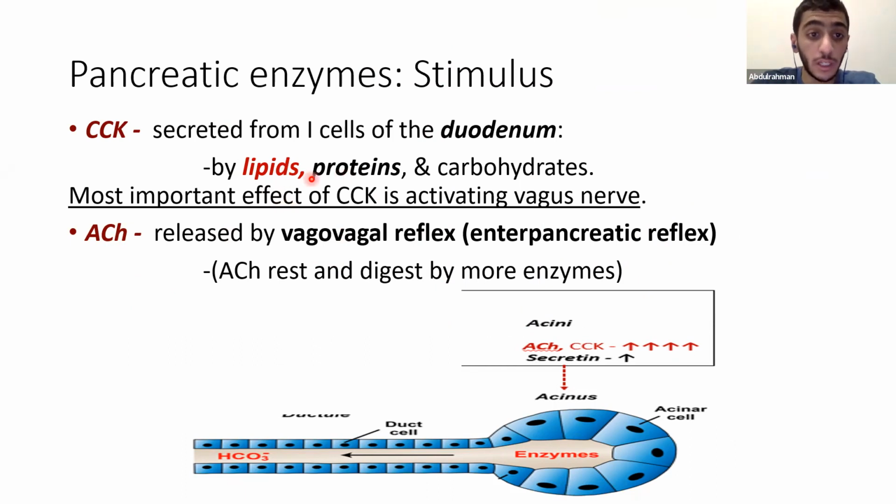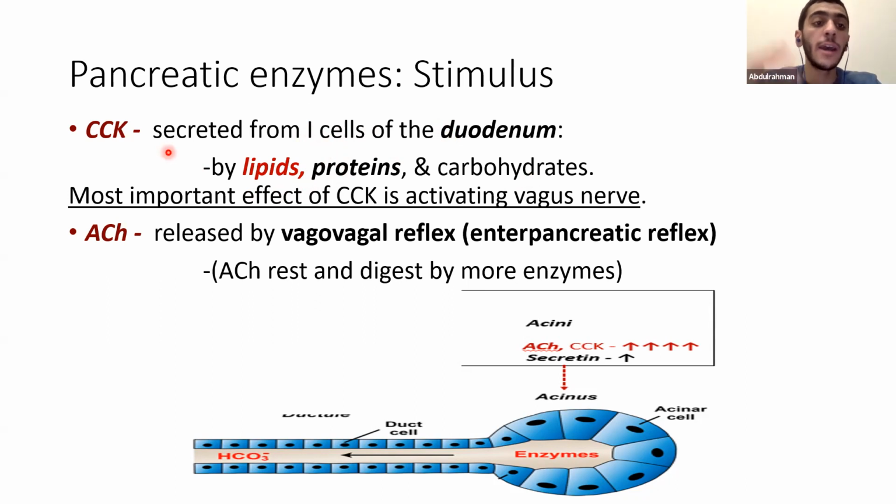Now, this part right here, why is lipids in red? Because the main driver for CCK is lipids, and then a weaker activator is proteins, and carbohydrates is not really that much. What does this mean? It means that when you eat a food that is rich in lipids, or a food that is basically rich in proteins, then this is going to be a major activator for the I cells of the duodenum to secrete